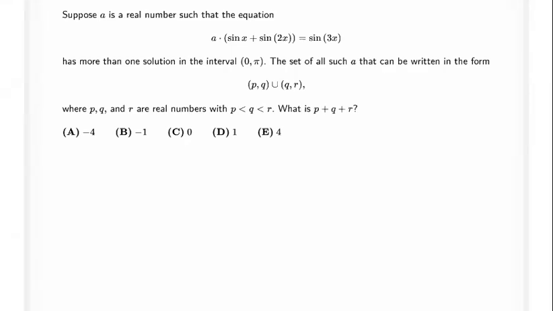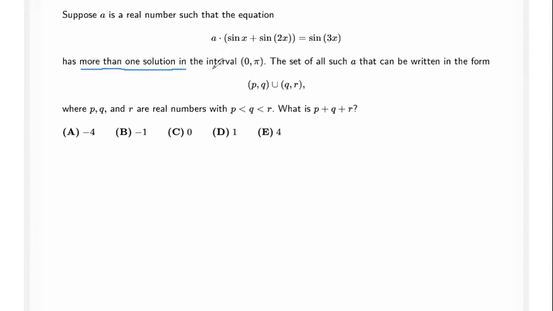Hello, everyone. So we have a 2022 AMC 12 problem. This was number 17. This is a good identity problem. So let's get started. We are given that A is a real number such that the equation has more than